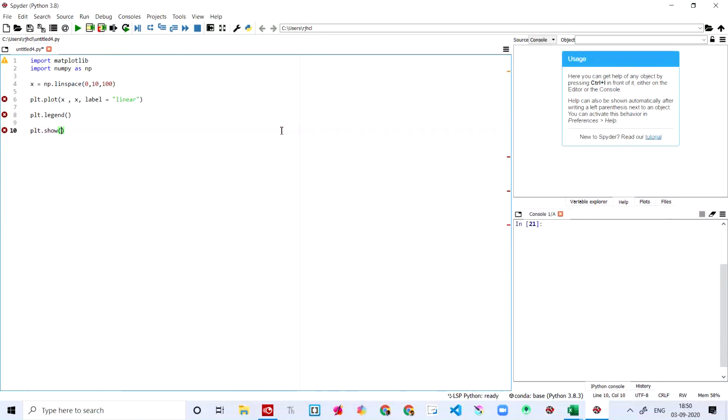It says undefined name plt. So we forgot one thing. Here we are just importing matplotlib, but we are not saying what specifically we are going to import. So I'm saying dot pyplot, as plt. Now this error goes away, you see.